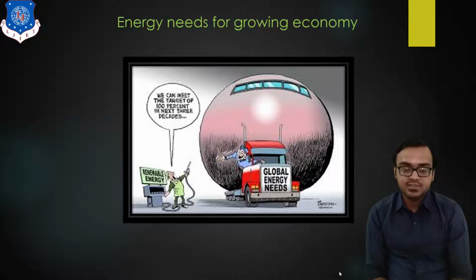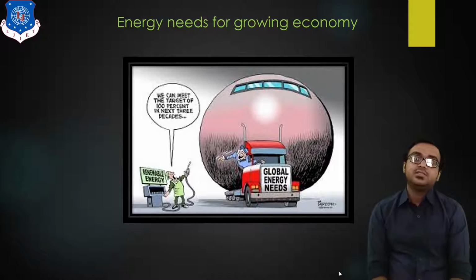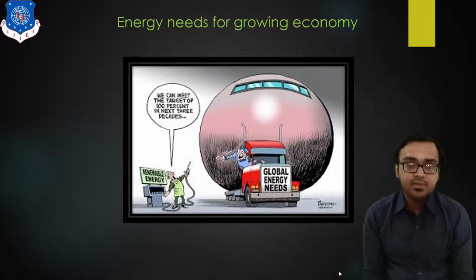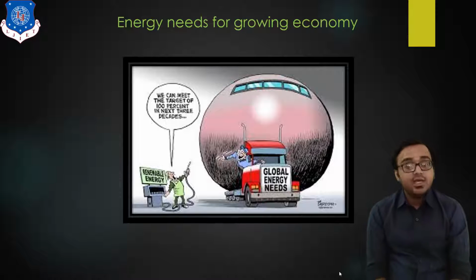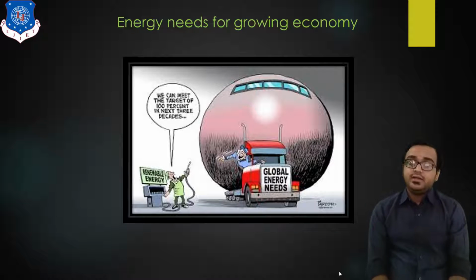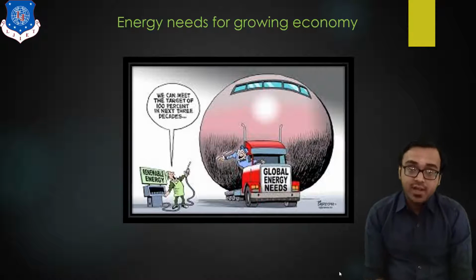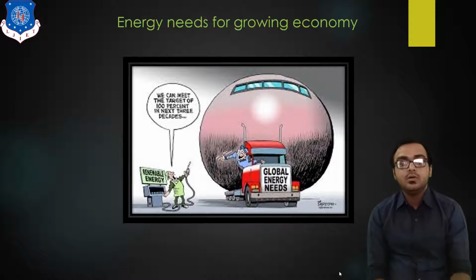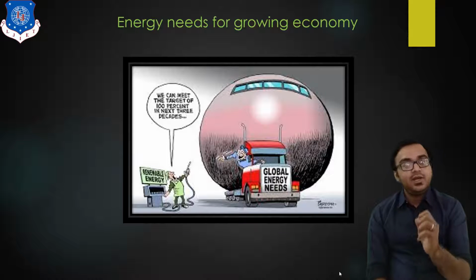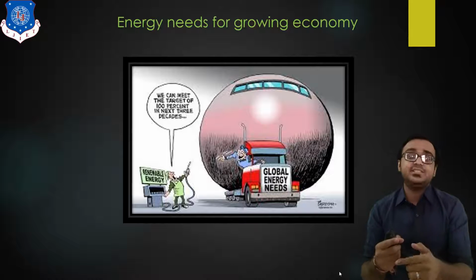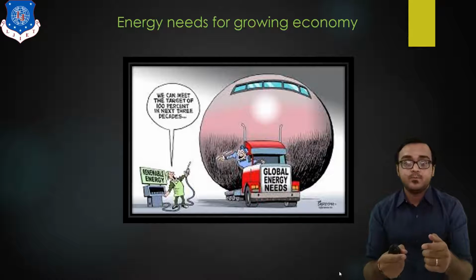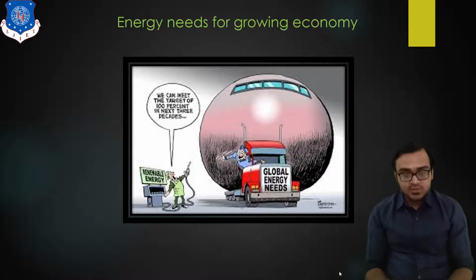For example, let's say our GDP is required to grow by 9%, then we need to increase the electricity supply by 12 to 15% because of the losses. So the demand for electricity ultimately indicates the growth, but it does not have a linear relationship with the growth, because of the losses.